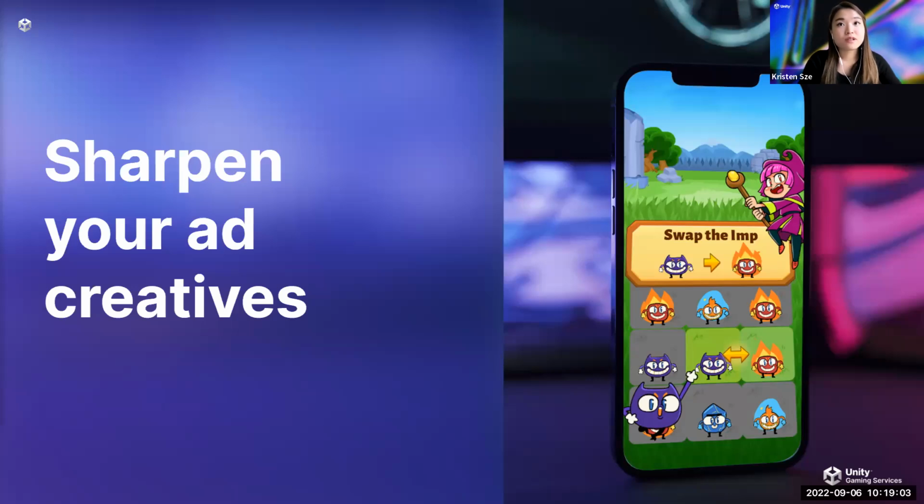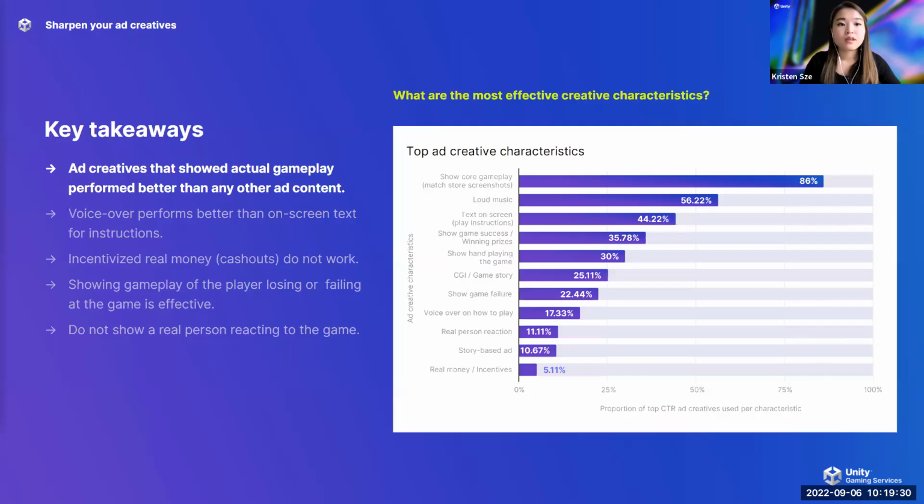Even after game developers find the most promising genre to spend their advertising budget on, you would still need to thoughtfully incorporate different elements of ad creative design in order to grab your target audience's attention. While some would think that the design of ad creative should be an intuitive process, we actually took a data-driven approach to draw insights from the elements that are commonly seen in ads with the highest click-through rate in our ad network. From our analysis, we found that showing core gameplay that matches what is being offered in the actual game, especially using the format of a playable ad, is the most engaging method of all.